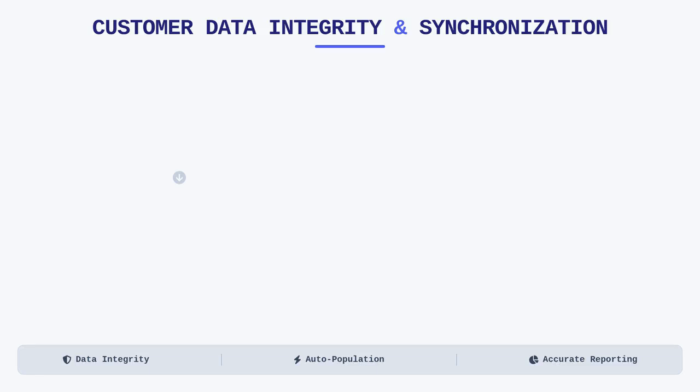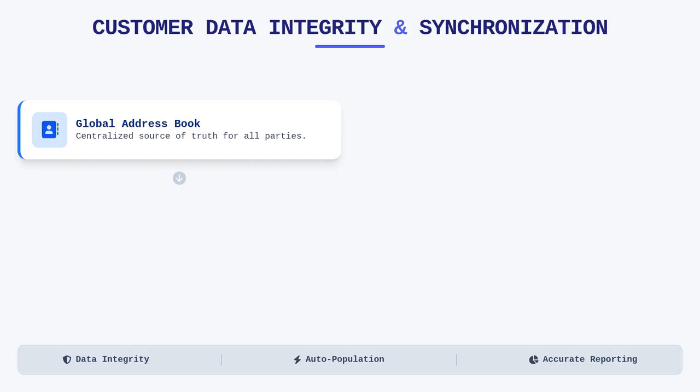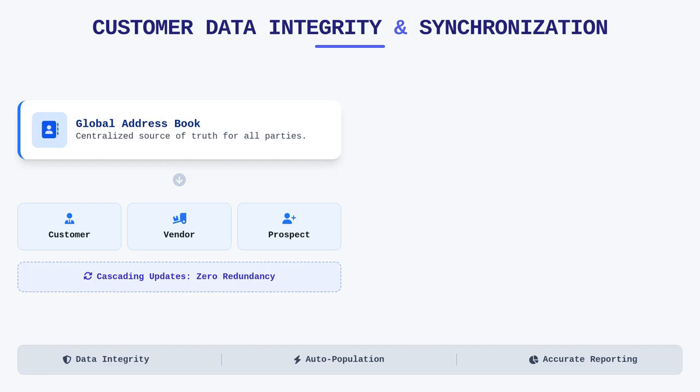Beyond simple grouping, the integrity of our customer data depends heavily on its relationship with the global address book. Dynamics 365 Finance utilizes this centralized repository to ensure that name and contact information remains synchronized regardless of whether a party acts as a customer, a vendor, or a prospect. This design choice prevents data redundancy and ensures that updates made at the party level cascade correctly across all functional